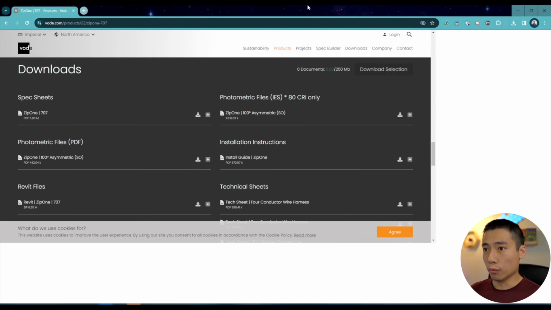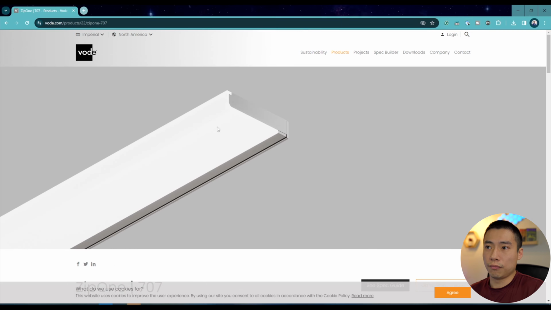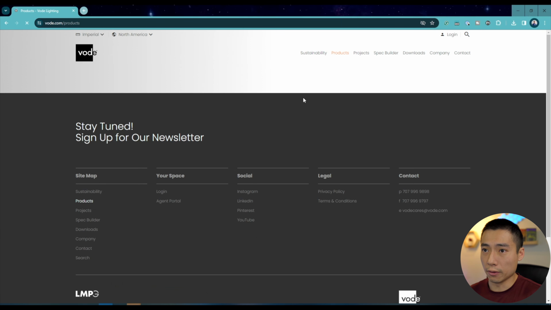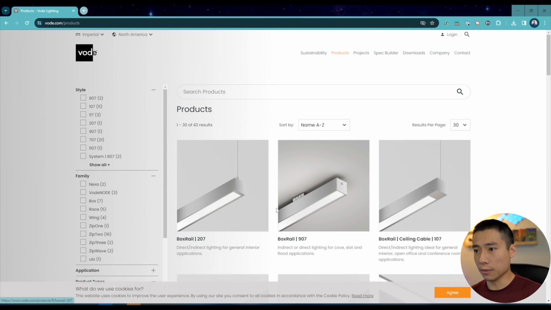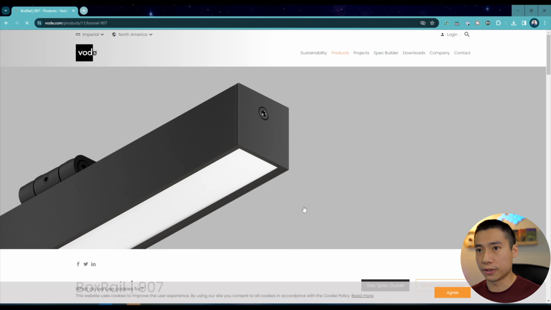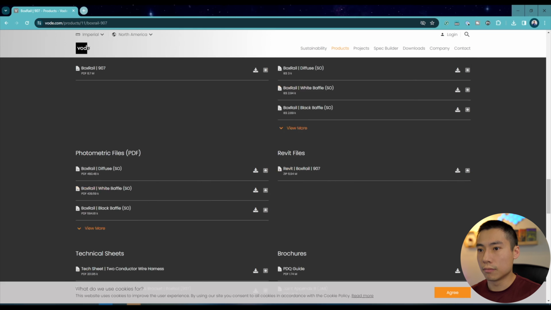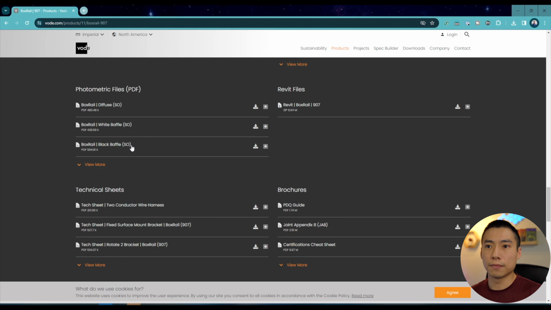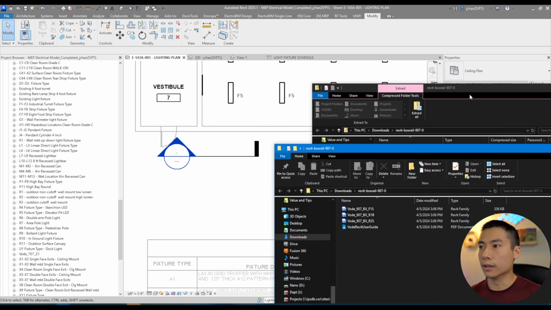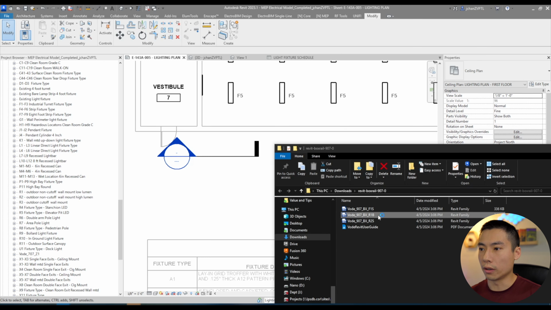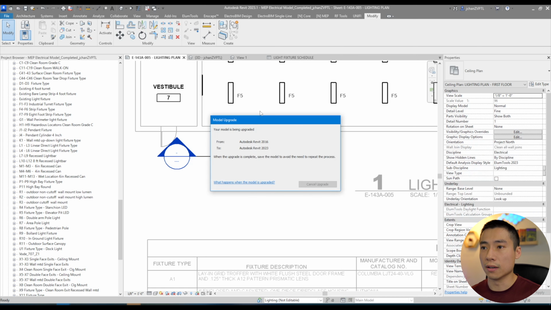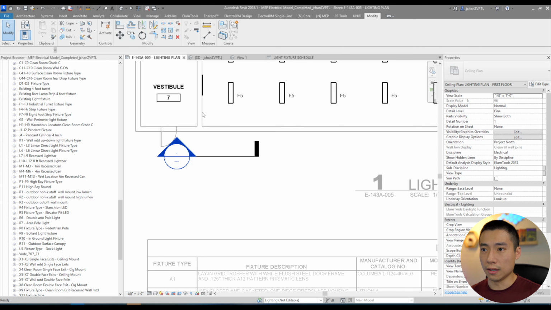If I were to go over here to the product line and download something else, let's say I want to do a box rail or something, and I'm just going to grab another one. Let's see, Revit file. Okay, so we'll take that. It's over here. We're going to grab this Vode 907 and bring that in. And as soon as I place it,